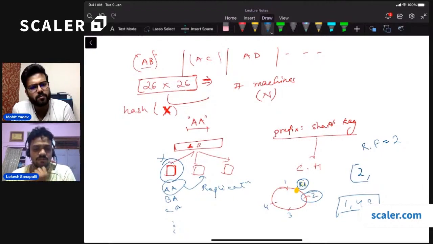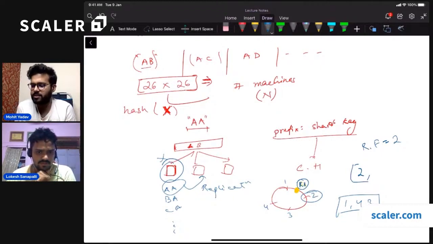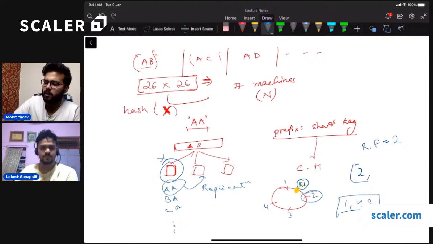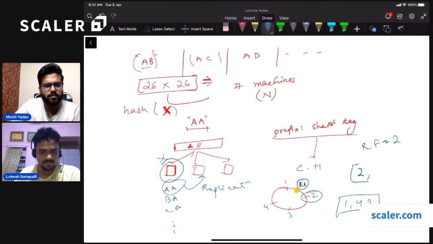So where will K1 be routed if 2 goes down? It will be routed to 3 in the clockwise direction. That means if we store at 3, then if 3 also goes down,